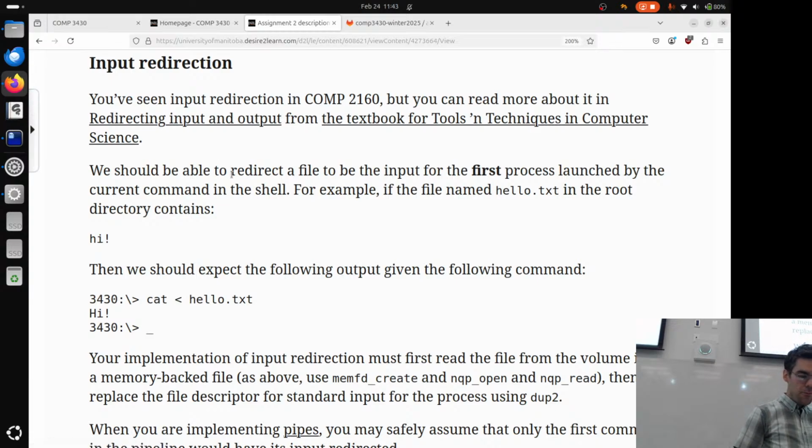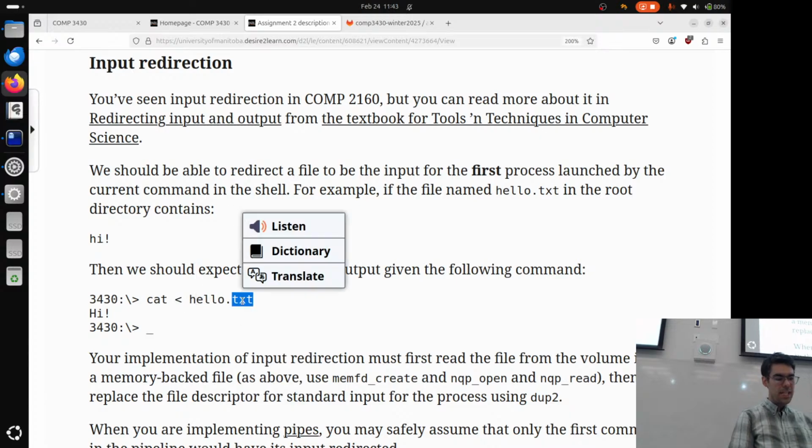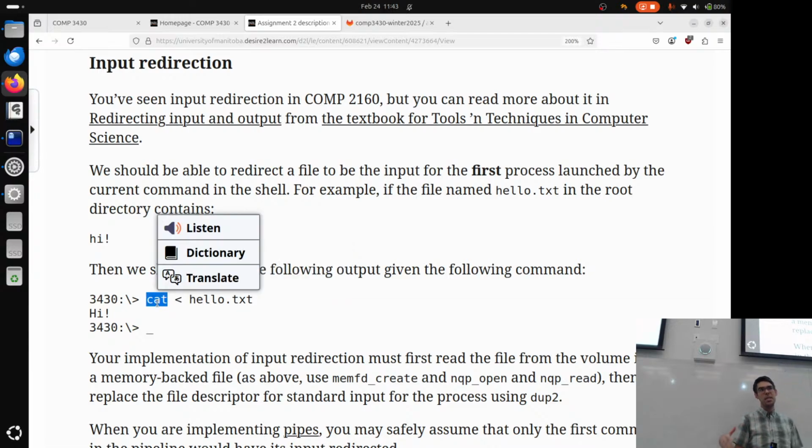You should be able to redirect a file to be the input for the first process launched in a single command by your shell. So if there's a file called hello.txt in the volume, I should be able to change the program cat in the volume, its standard input, to be that file.